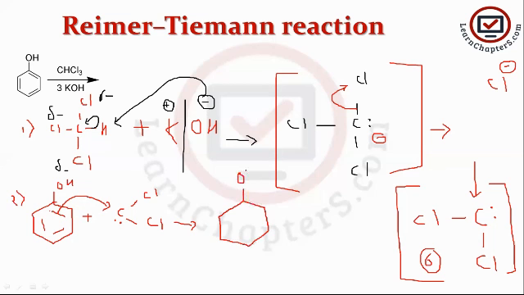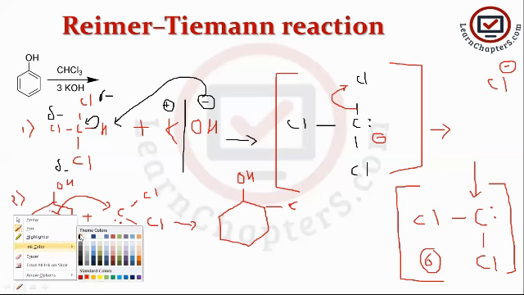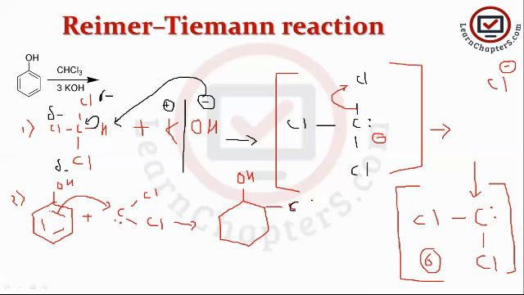Okay, here is the OH group, then here is the carbon atom. Let me write this with another ink so that it can be easily differentiated. Okay, Cl, Cl. Now with 2 electrons. Why am I writing 2 electrons again? The bond formed between benzene and carbon, the electrons required for this bond are supplied by the benzene ring only. Okay, so here these are the 2 electrons.